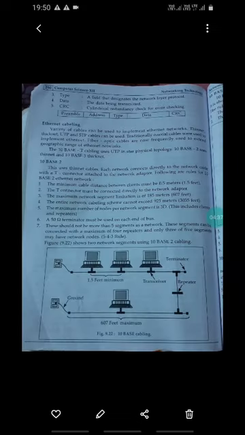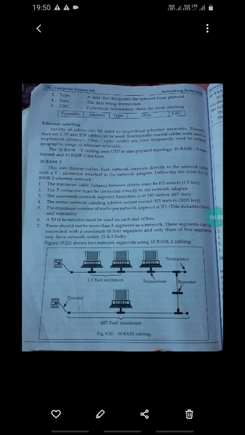It is the starting position of the Ethernet frame. Then next is the address, a field that identifies the source and destination address for the frame. Then next, type, a field that designates the network layer protocol. Then the data being transmitted. Then next, CRC, cyclic redundancy check for error checking.